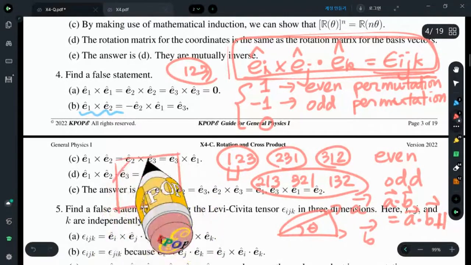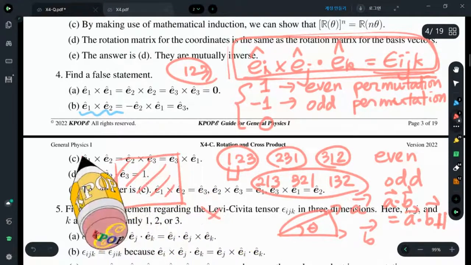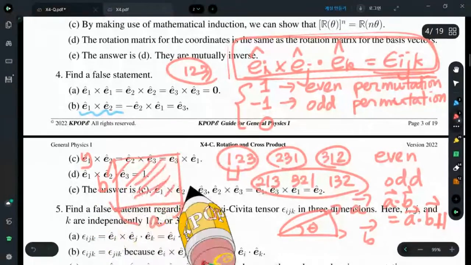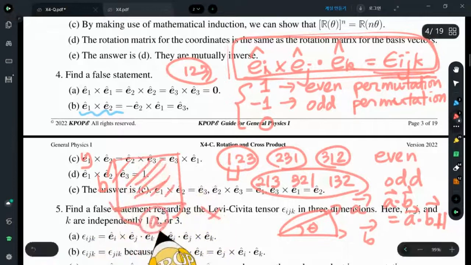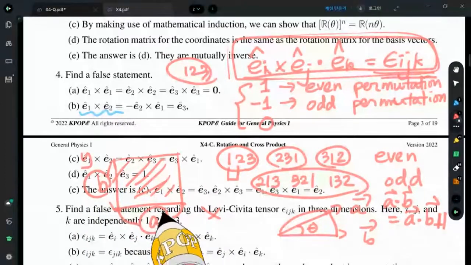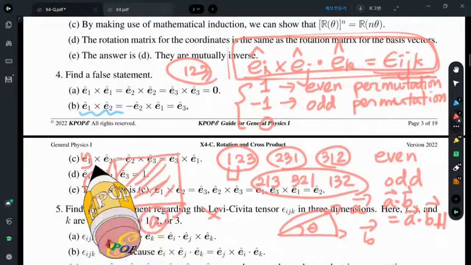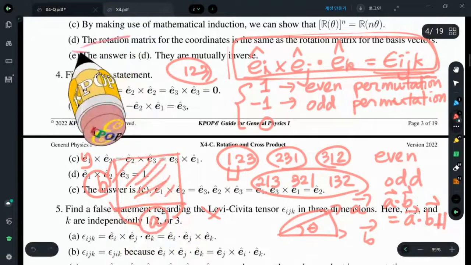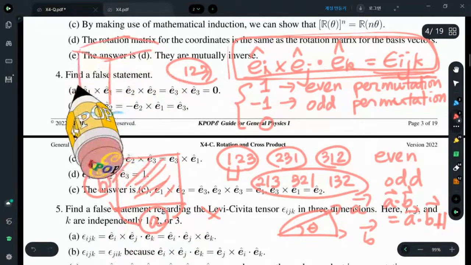For example, the area, in this xy plane, is a rectangle of size A and B. What is the area of this rectangle? That is A times B. That is a perpendicular component. So mutually perpendicular components should be multiplied. Okay, that's the reason why, when we extend this into volume, we have,